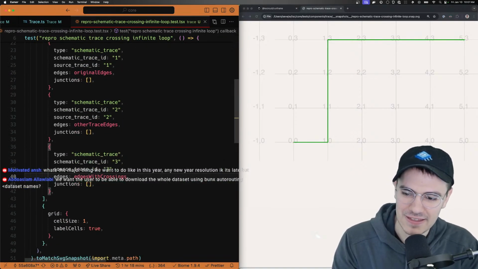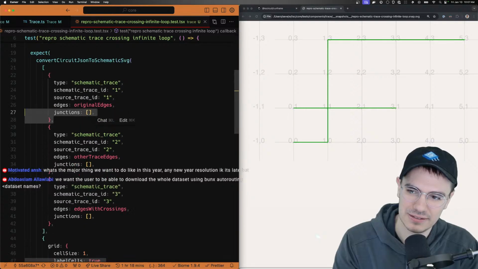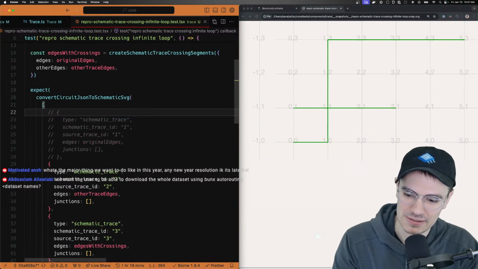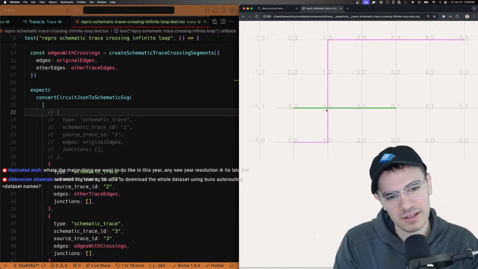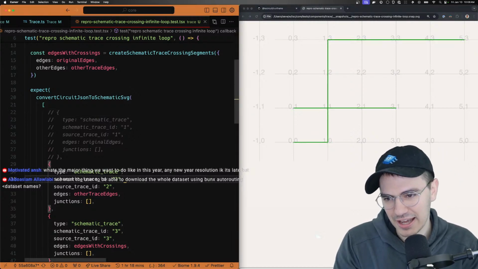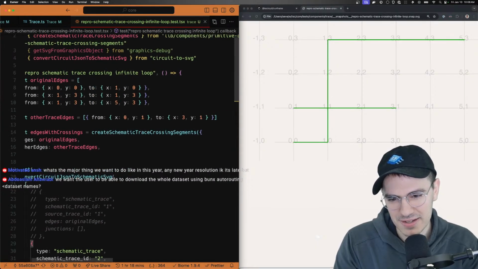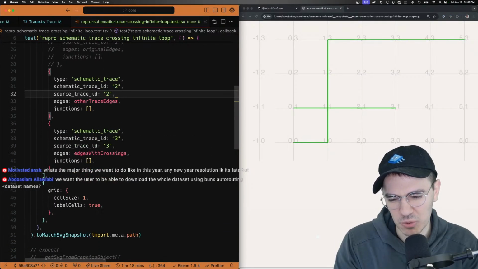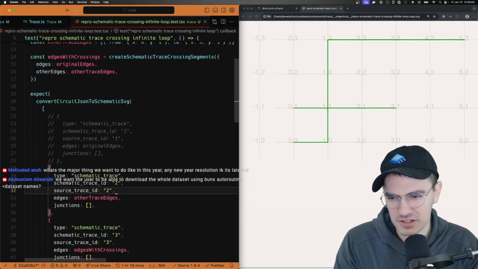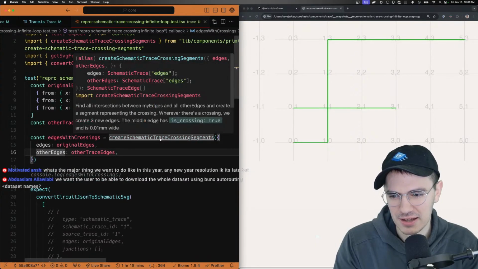So I think that's what I think of as the main goal, I guess. So interestingly, it doesn't really seem like it added a crossing. Like it didn't work at all. Am I crazy? Does this function even work? I'm pretty sure it works because we've looked at so many schematics, but maybe